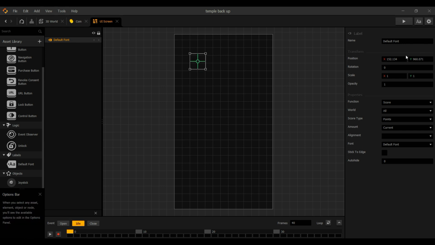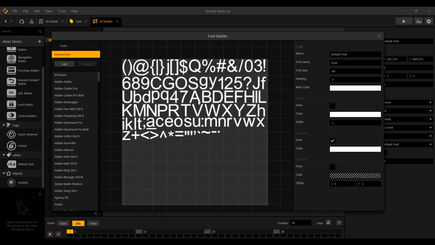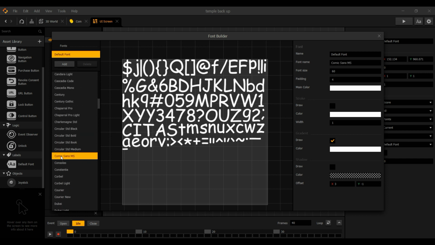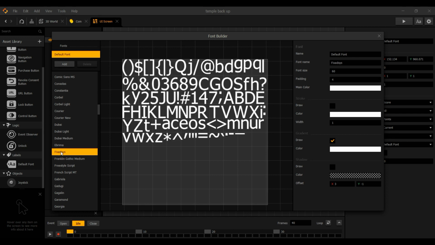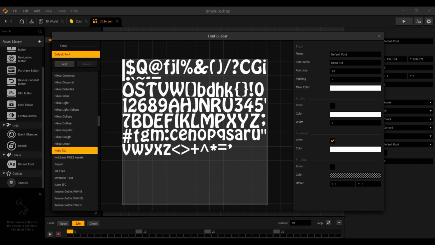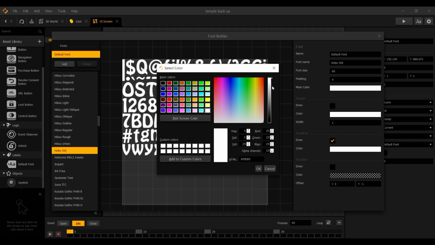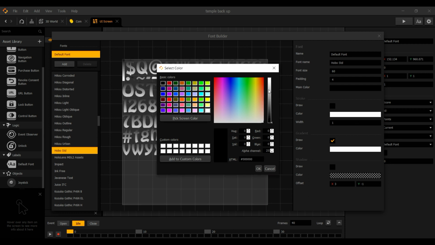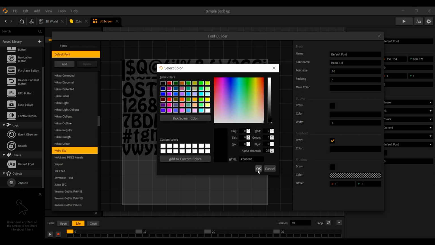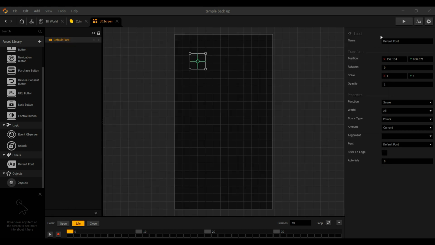So what we are going to do is choose a nice font first. Let's say, yeah, this one. This one looks fine, and main color we are just changing to black. Again, the other color should be black as well, and we do not need any variants, so looks good. Now when you play this again,